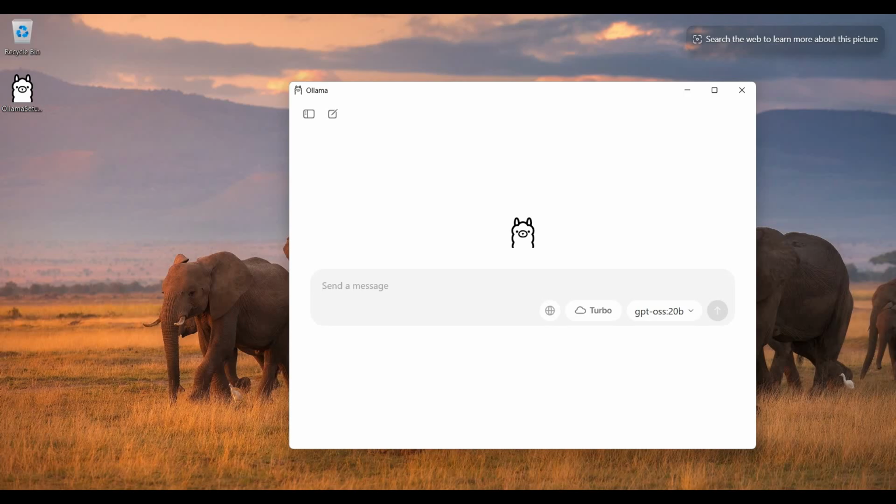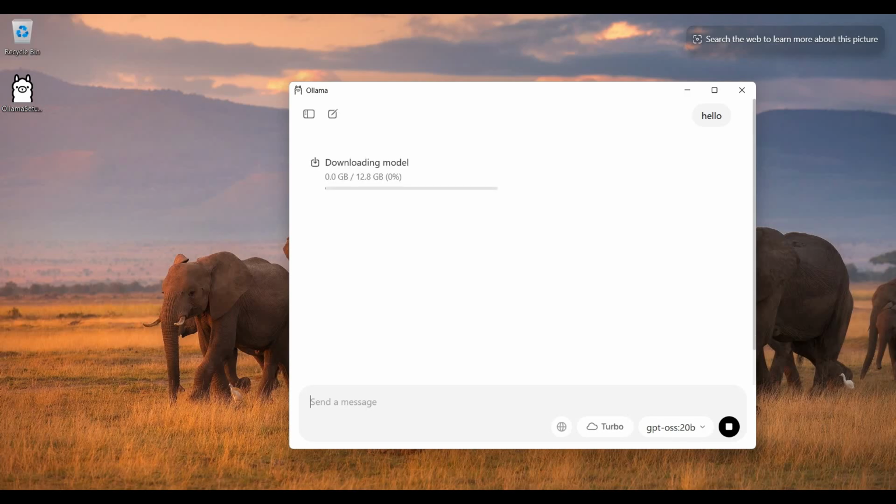So this is the chat layout. I type here hi or hello and then hit enter. It shows me that this model does not exist on my PC, so it will download the latest version of gpt-oss 20b. It will take a few minutes to a few hours, so I need to wait, or I can choose another option,